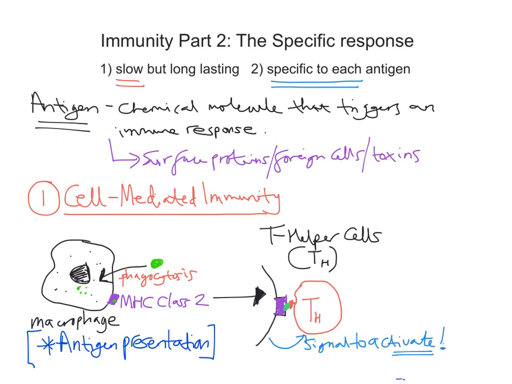So we've expressed that antigen. A T helper cell with a complementary receptor has bound to that antigen. We then get division, cell division of that T helper cell once it's been activated, and what that does is have a number of consequences. So we're just going to list those consequences here. So firstly, so A, we're going to get increased, we're going to stimulate